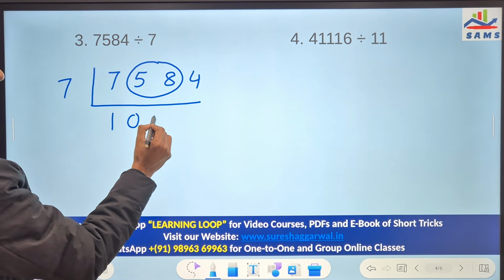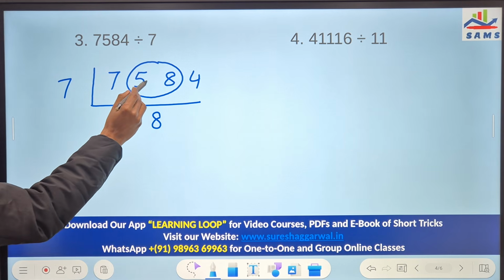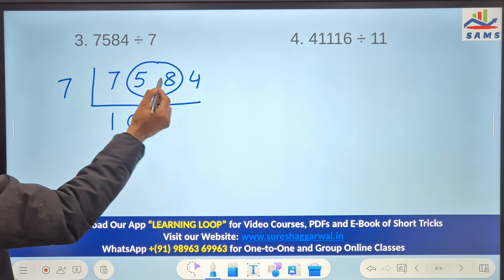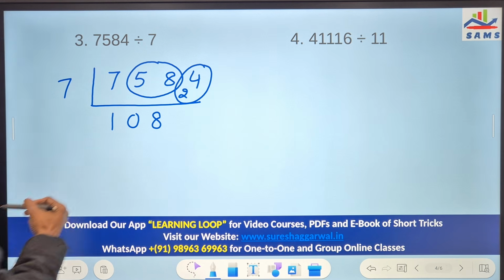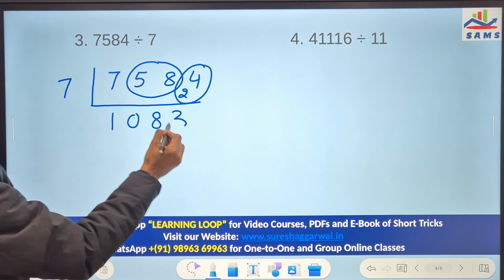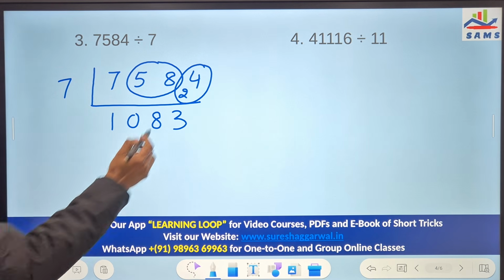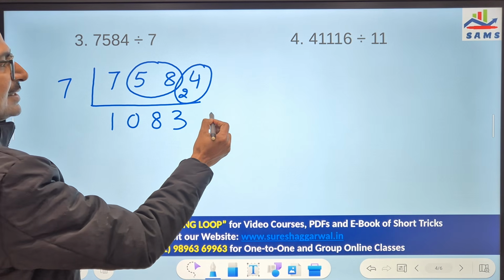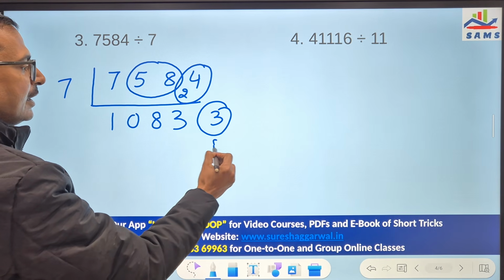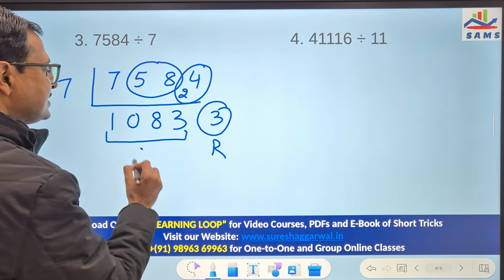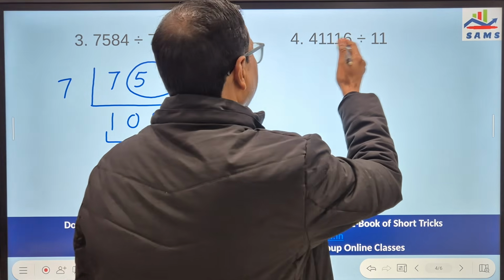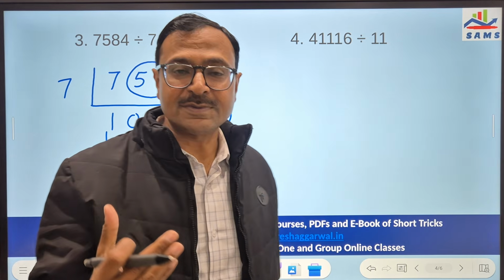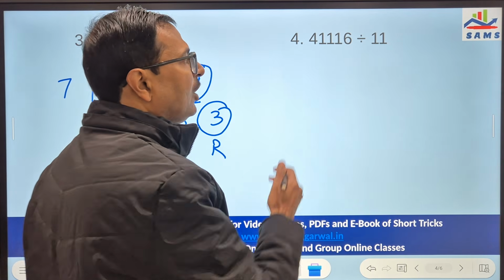7 8s are 56, and 58 minus 56 is 2. So I'll write a 2 here. I have to consider 24 now. 7 3 times is 21, and 24 minus 21 is 3, which gives me the remainder, and the quotient is 1083. And similarly, if it is a 5-digit number and divisor becomes a 2-digit number like 11,